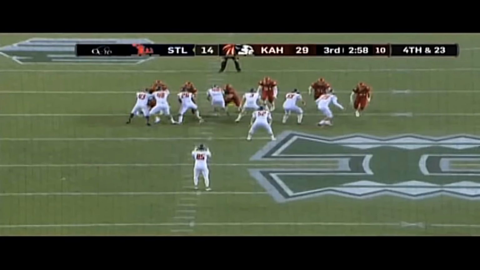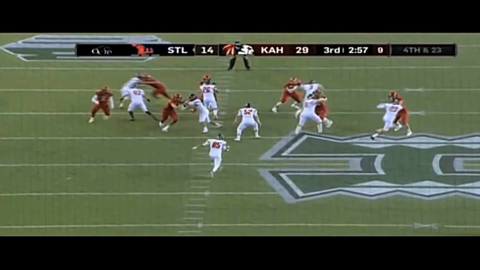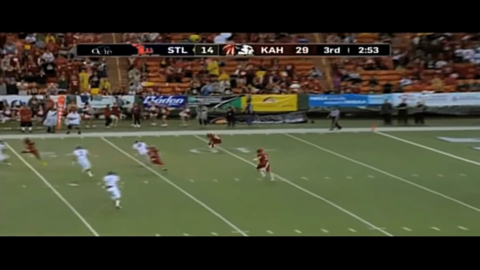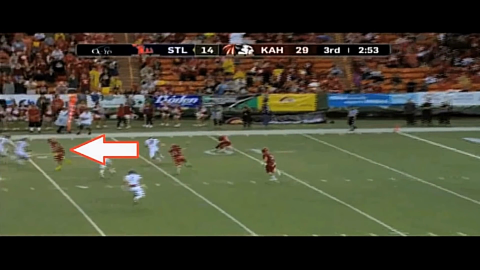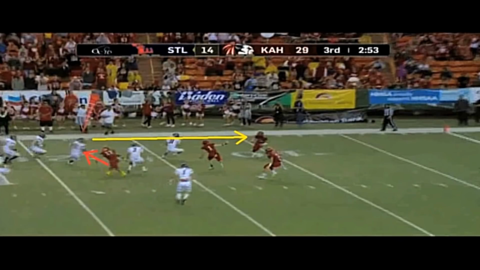For more examples of both legal and illegal contact, we turn to a play we borrowed from our friends in Hawaii under the direction of Matt Sumstein, who serves as their instructional chair. Listen to Matt as he describes the legal and illegal blocks on this play. And we're going to really in detail take a look at 4 of these blocks, starting when the reverse field begins. The player highlighted is the person blocking,